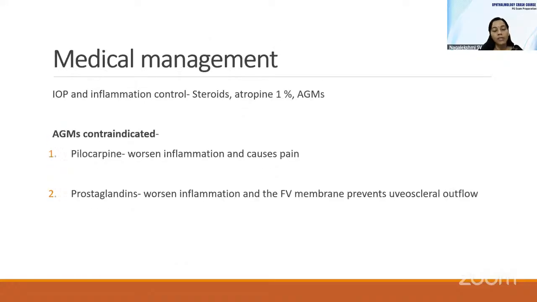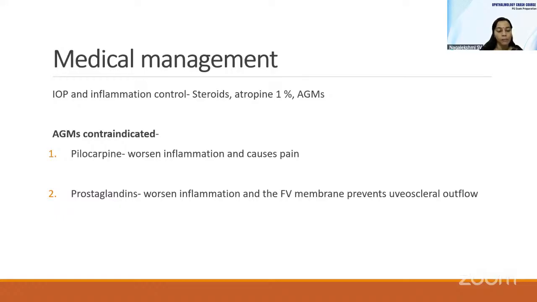Medical management is again an important aspect of NVG management. The medication is primarily to reduce the intraocular pressure and to keep the inflammation under control. So intense steroids, cycloplegics like atropine, and topical anti-glaucoma medications help in keeping the patients asymptomatic and controlling the intraocular pressure and the inflammation. However, we should keep in mind that pilocarpine and prostaglandins are pro-inflammatory and to be avoided